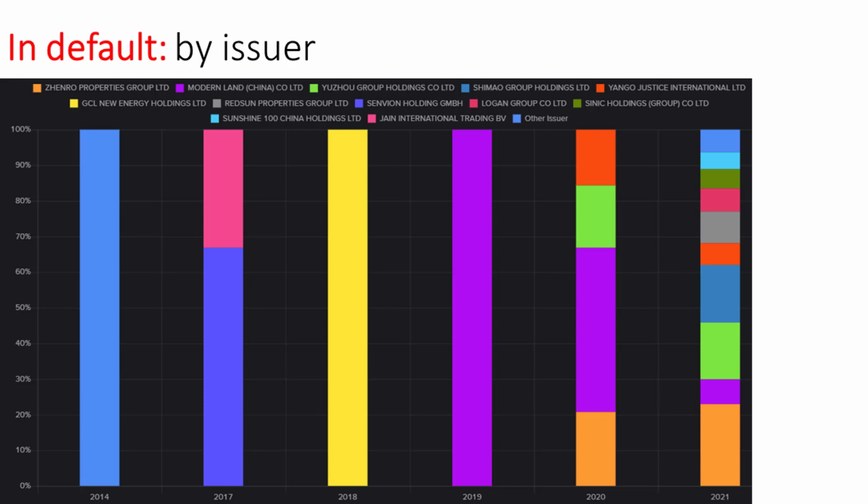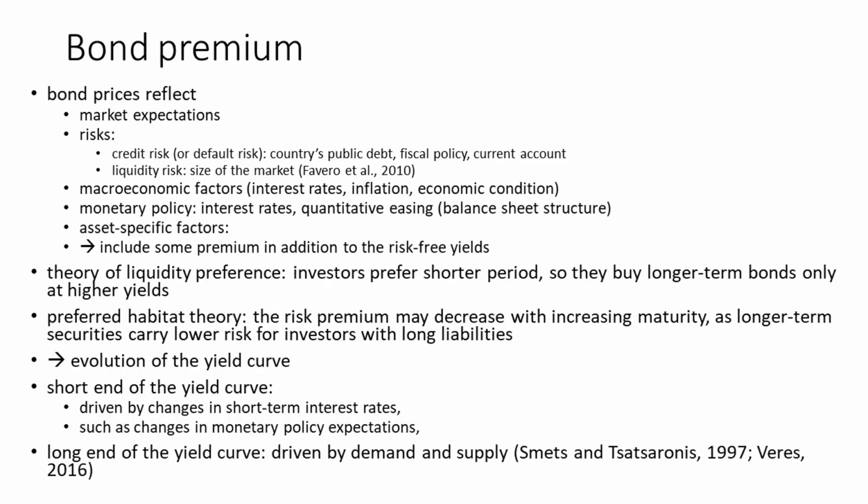But also we can see the story that in the first years only one company defaulted in the case of the green bond market, and now variety increases. So this is the case where we can see that practically the green bond market starts to be much more mature, because now there is a selection between the issuing companies of which projects are viable and which projects are non-viable, because they start to go to default. So sooner or later there must be a filter for the projects.